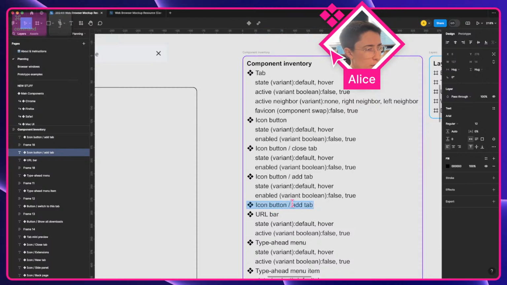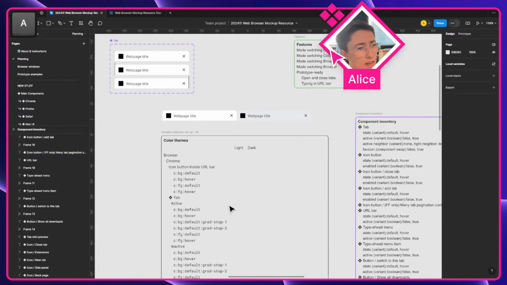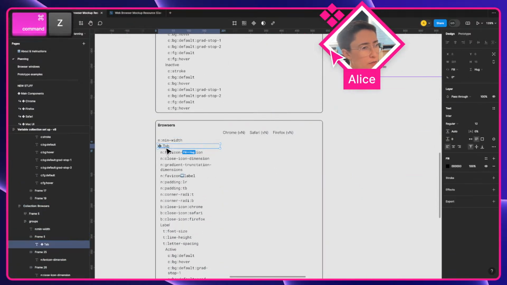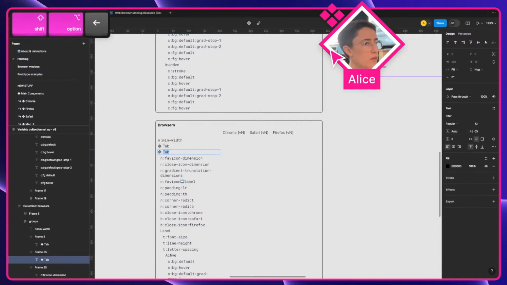And I will call it icon button. I'm going to say Firefox only here in the name. Again, I don't think I'll put that in the component name, but I just want this for my little planning document here. Icon button, Firefox only, tab menu tab, pagination, chevrons, controls, we'll do that. And again, that's going to be one where, so we'll have tab,